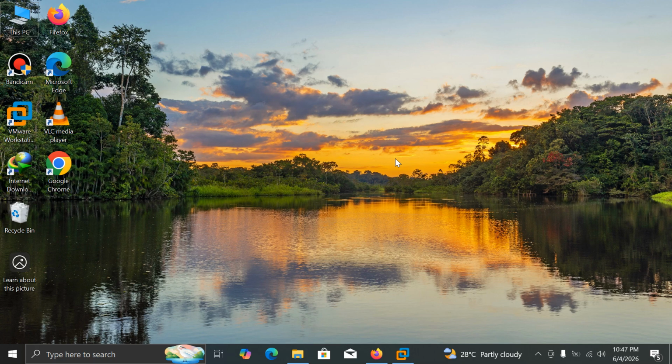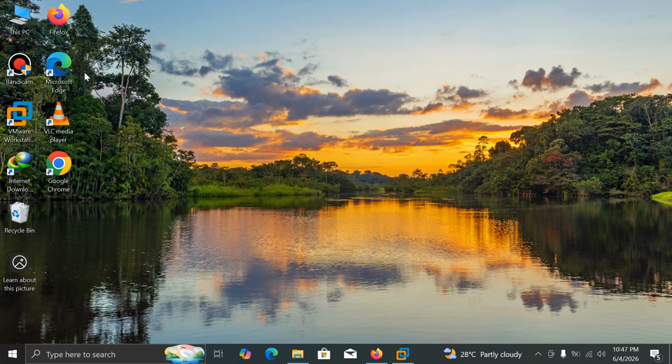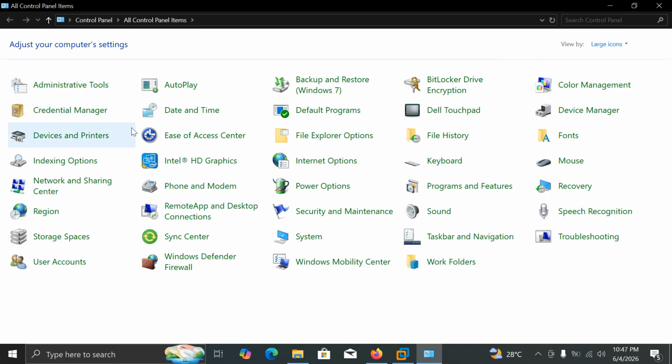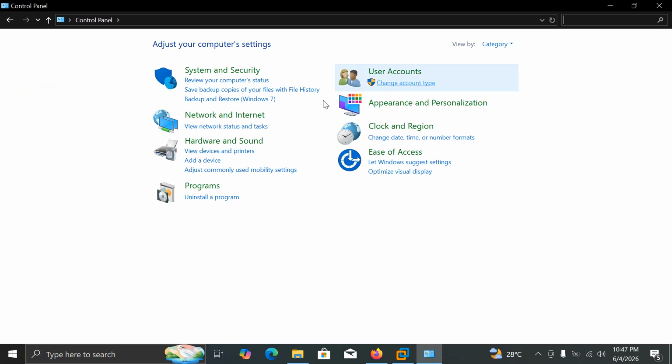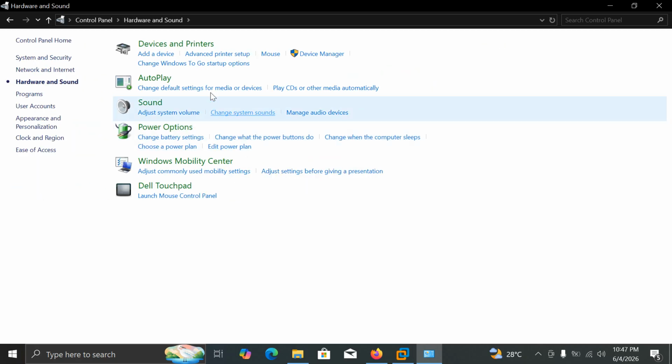First, you need to manually uncheck the use printer offline option. Sometimes Windows toggles a setting that forces the printer to stay offline. So first go to the start menu, type control panel, and click on it. Make the view by categories, go to the hardware and sound option, click on devices and printers,